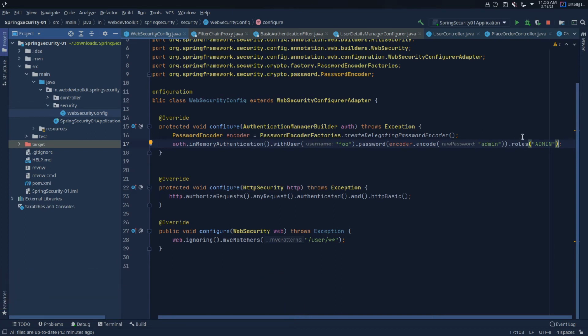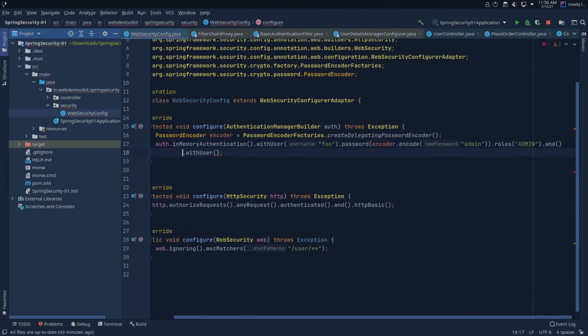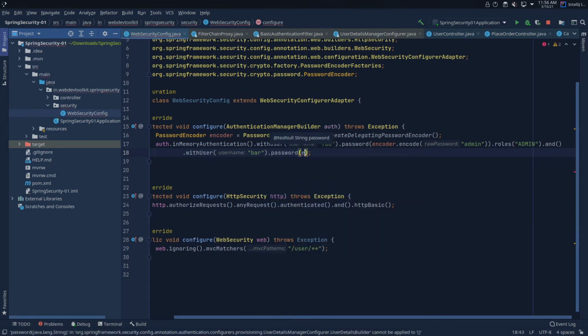For that purpose, let's add one more user to our security. Let's assign role user.